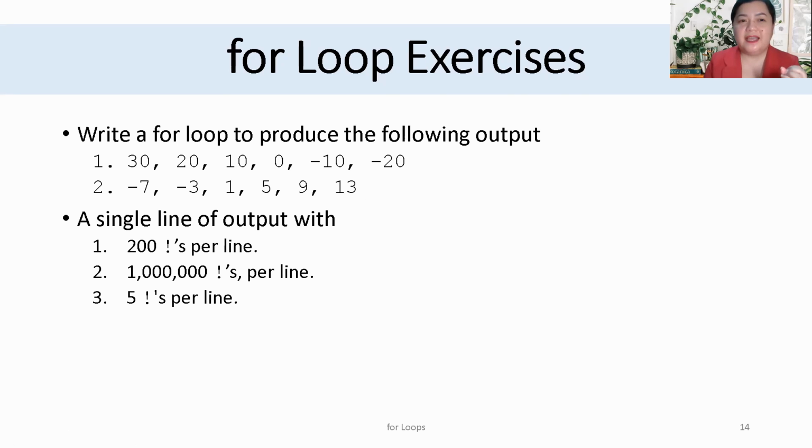At the same time, you're going to create another for loop that will display an exclamation point, apostrophe S, 200 lines, 200 per line, 1 million per line, and 5 per line. Each of these numbers will be of one equivalent file name. Okay,